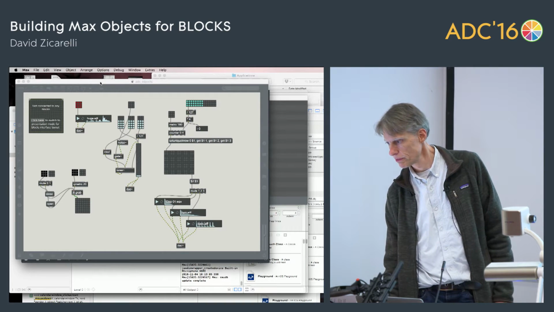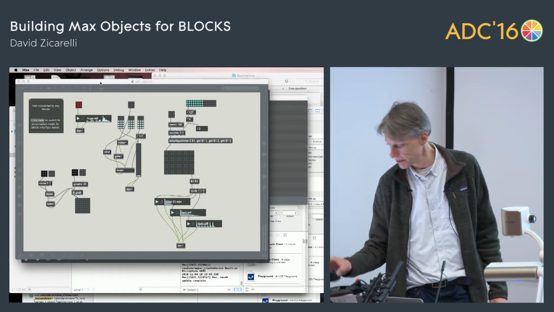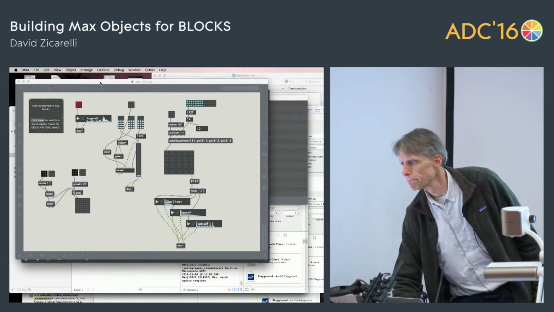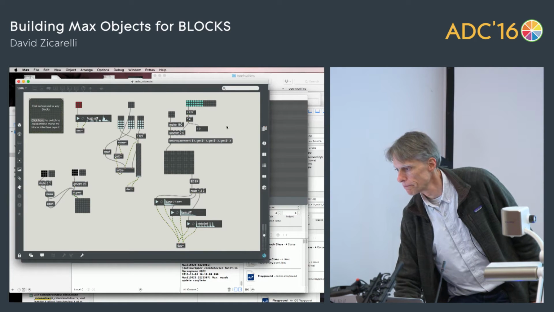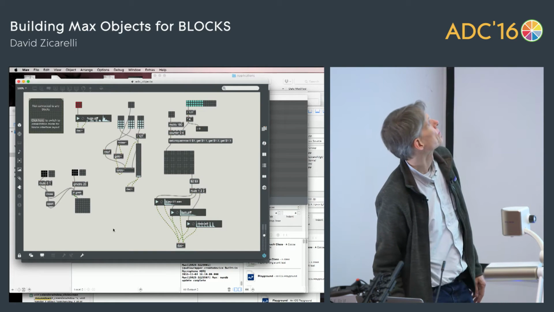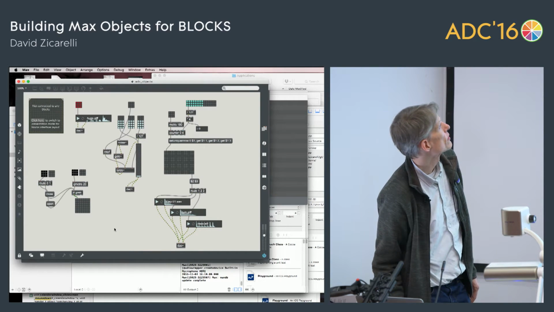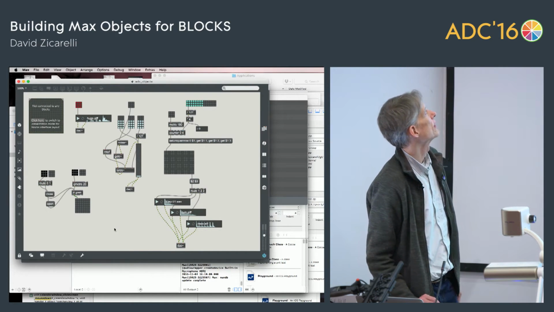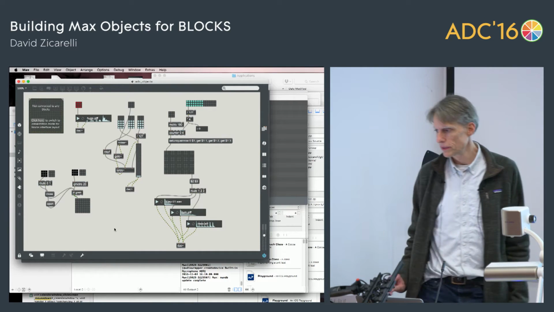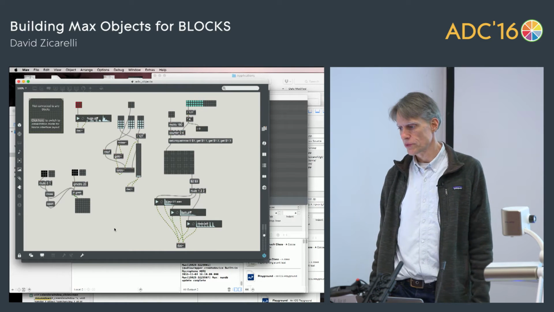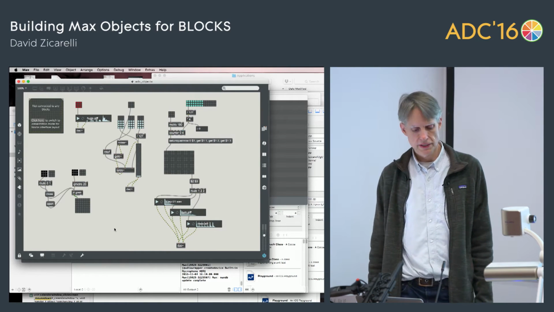So I have this, and my mouse just died, okay. Here's a bunch of objects that look suspiciously like things that might have to do with Blocks. Up in the upper left-hand corner, there's this object that says not connected to any blocks.